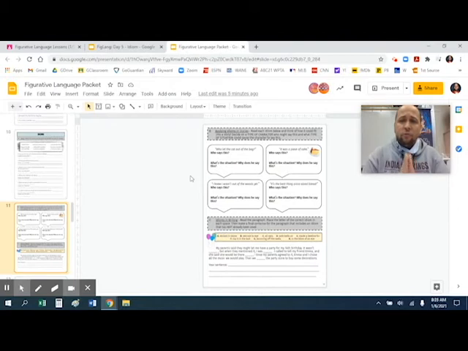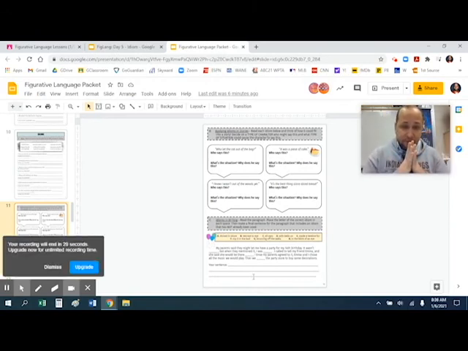But I want you to focus on what situation. Why does this person, he or she, say this particular information? What type of character says it? And what usually is the situation? That's what you want to focus on. And then down at the bottom, there's a paragraph with blanks in it. Just put the letter of the correct idiom. You don't have to retype the idiom. Just put a letter in the appropriate spot.